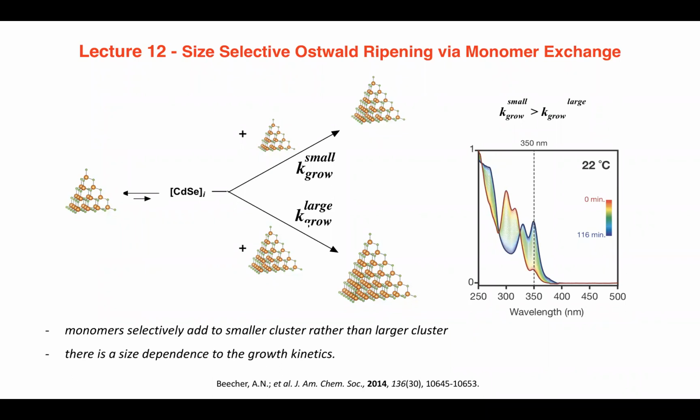Ostwald ripening must involve dissolution of one of these clusters into pieces, and when those pieces attach to other clusters in the solution, they grow the next largest size. Otherwise, I don't know how to explain the mechanism that you don't have integer multiples of units here that are